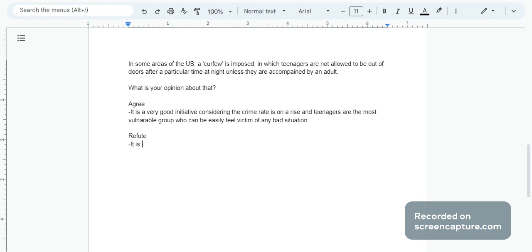Some might say that it will hurt the personal freedom of people, and so it may cause hindrance